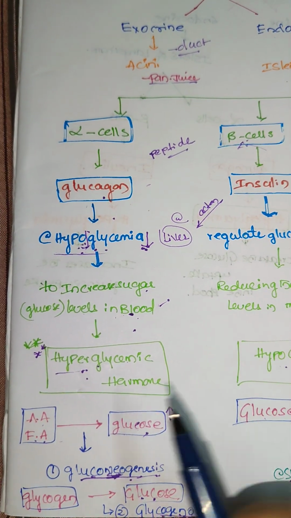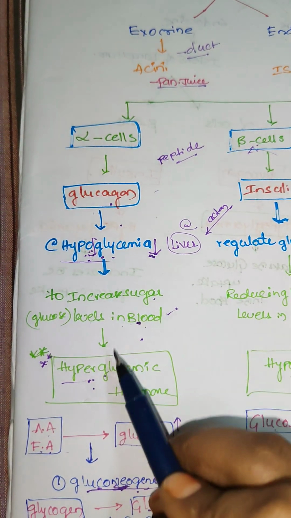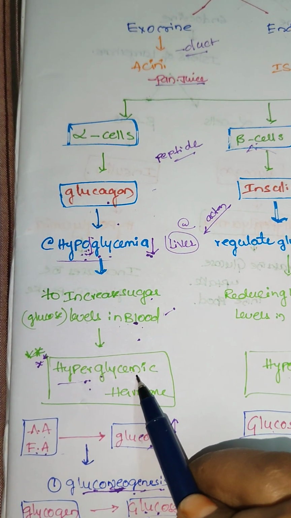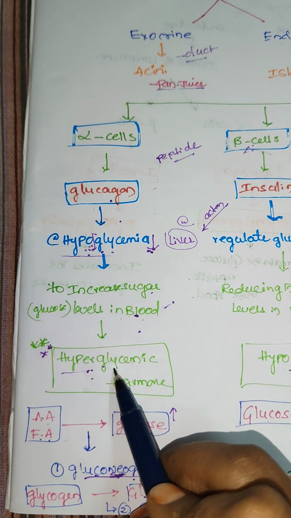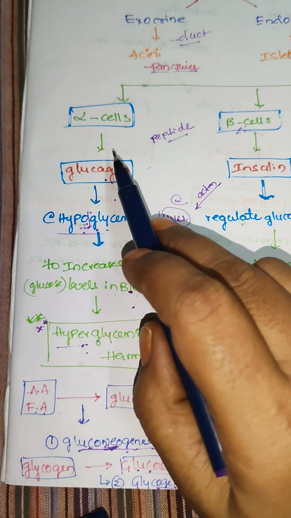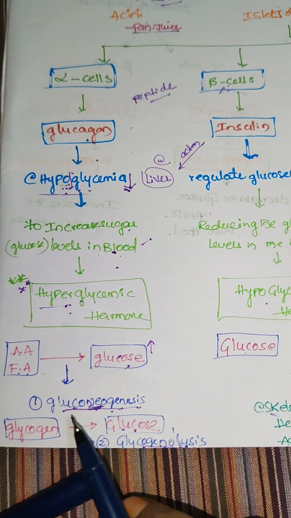hyperglycemic hormone. Why is it hyper? The glucose level is low, so to increase the glucose level in the blood, it is called a hyperglycemic hormone. Then what are the functions of glucagon? The glucagon function is, one,